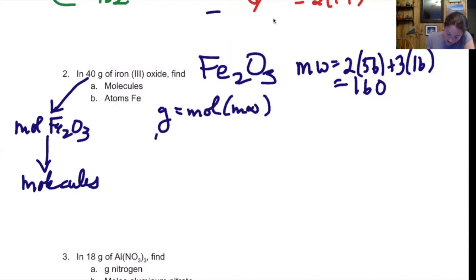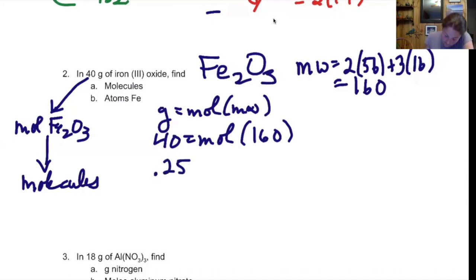We have 40 grams equals the moles times the molecular weight of 160. 40 divided by 160 is 0.25 moles. Get in the habit of labeling all of your answers here of Fe2O3. Now to finish A,